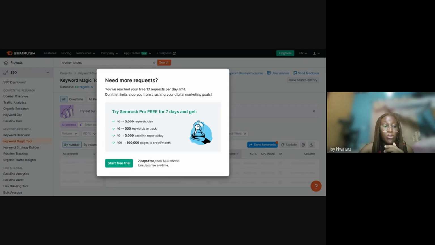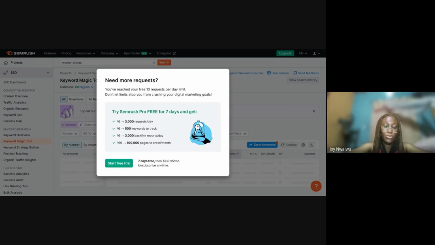So you can definitely compare. I think there's a tool here that you can use in comparing your site and your competitor sites. I think either traffic analysis or one of these ones here, like you see here, competitive research. You can do a competitive research between your site and your competitor's.